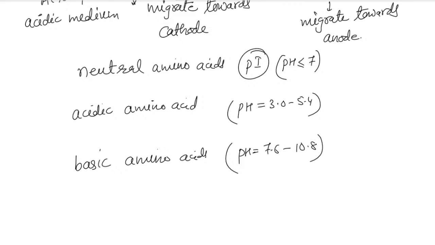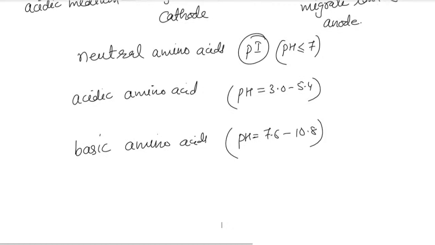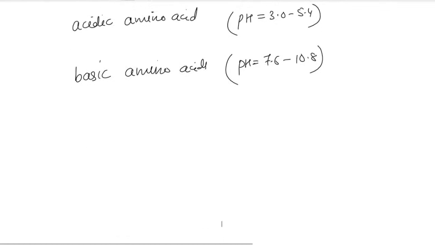So, this property has been used in the separation of different amino acids obtained from the hydrolysis of proteins. So, this is about the isoelectric point. Now, the next point is